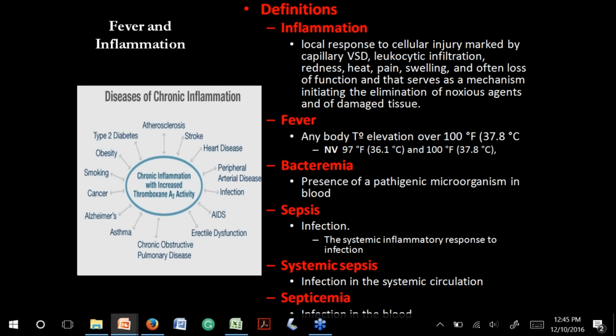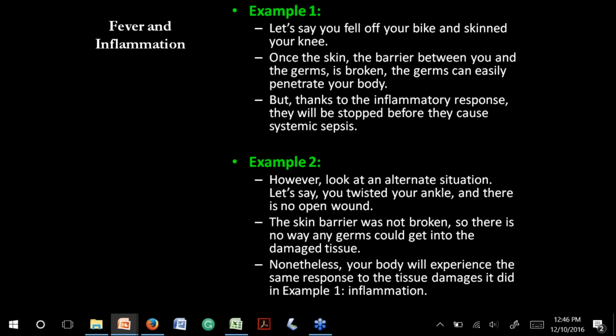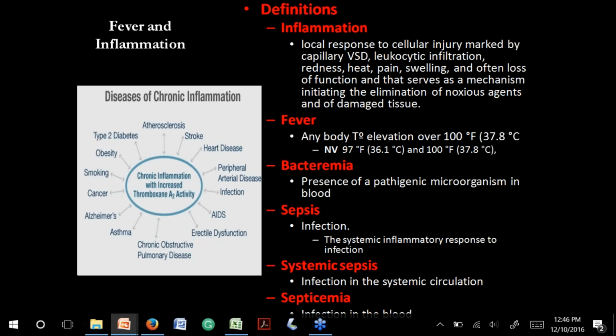Sepsis is just a generalized infection. Systemic sepsis is the infection in many systems of the body. And septicemia is when the infection is in the blood. Bacteremia means the presence of bacteria. So you have bacteria, and that is something that we need to live with. Bacteremia is already an infection, but it means an infection that is not that severe. But when you have septicemia, you are talking about a huge amount of bacteria in your blood, and that is life-threatening. Well, any infection is life-threatening, but let's put it that sepsis is more severe than bacteremia.